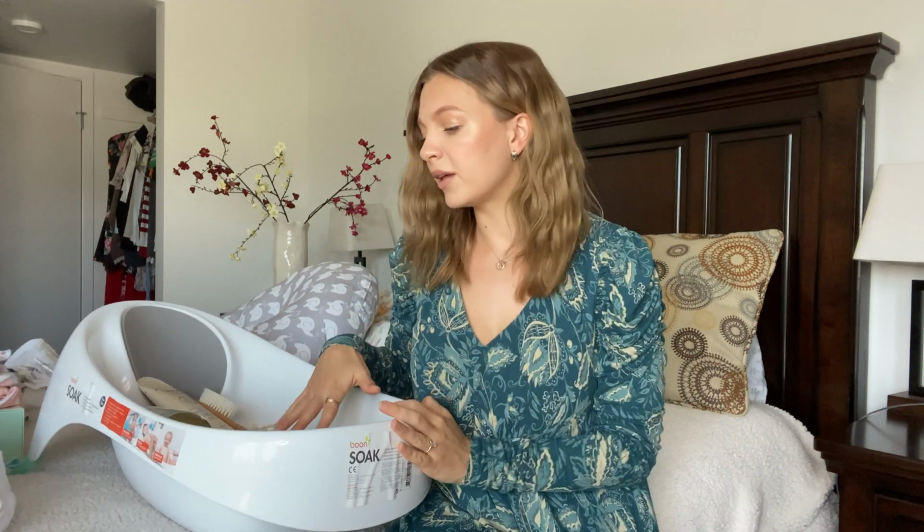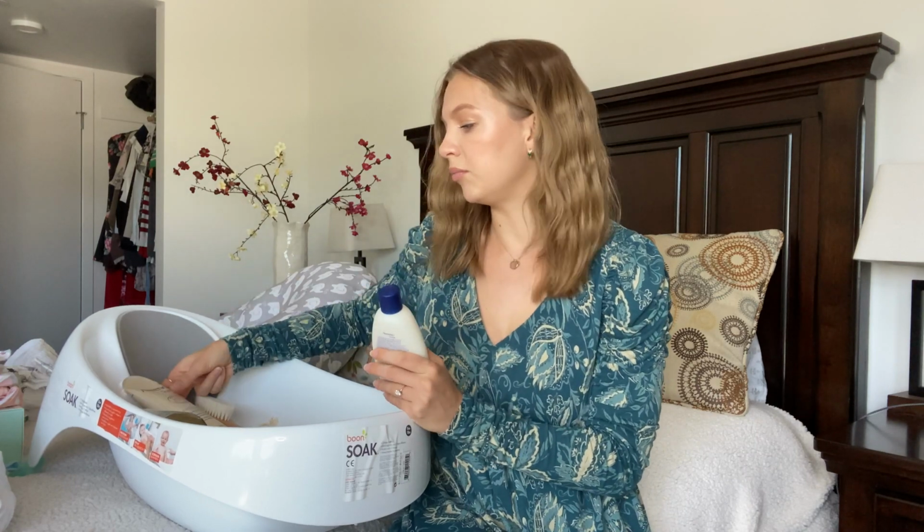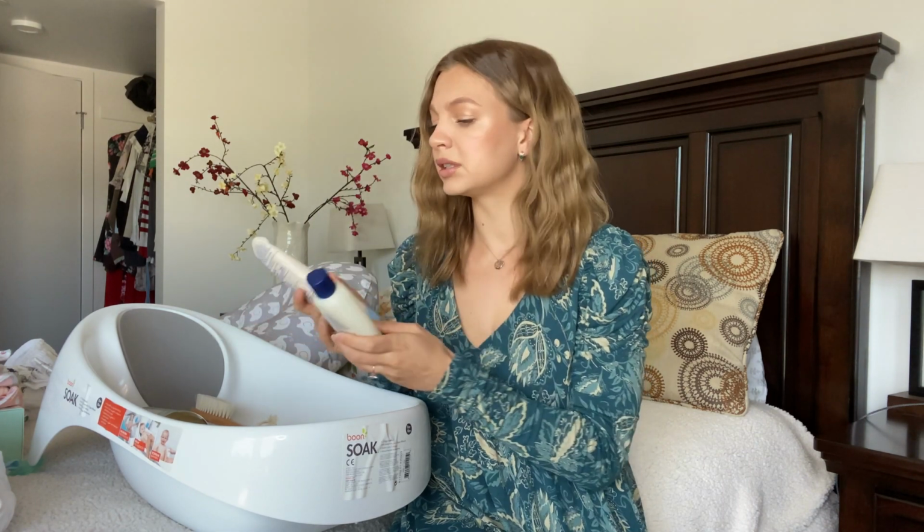All right, so the next category is bath. For the baby bath category, of course, you need shampoo and you need lotion. Baby skin is very sensitive, so you definitely need baby shampoo and baby lotion, something that's made especially for babies. We started with Aveeno oatmeal lotion and shampoo, but it didn't work for us. My baby has very sensitive skin, so this didn't work, and I tried quite a few different lotions